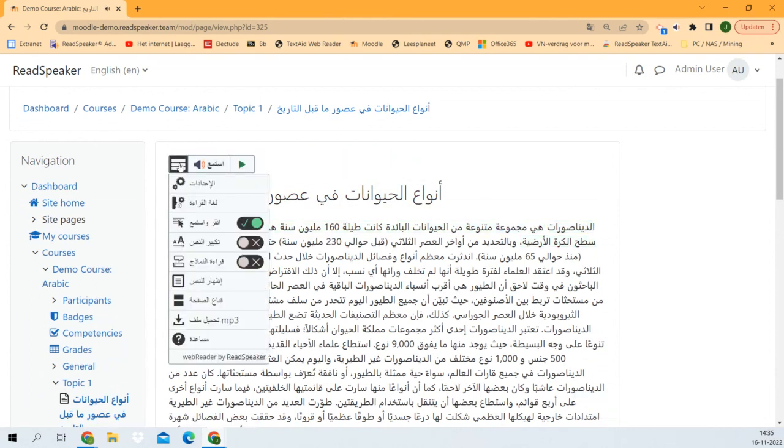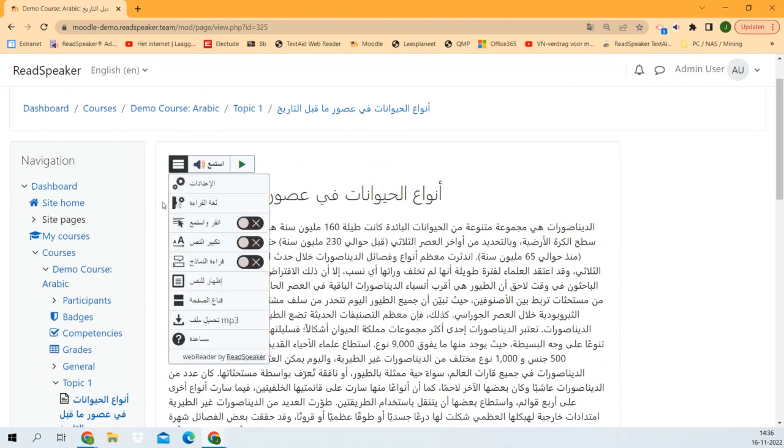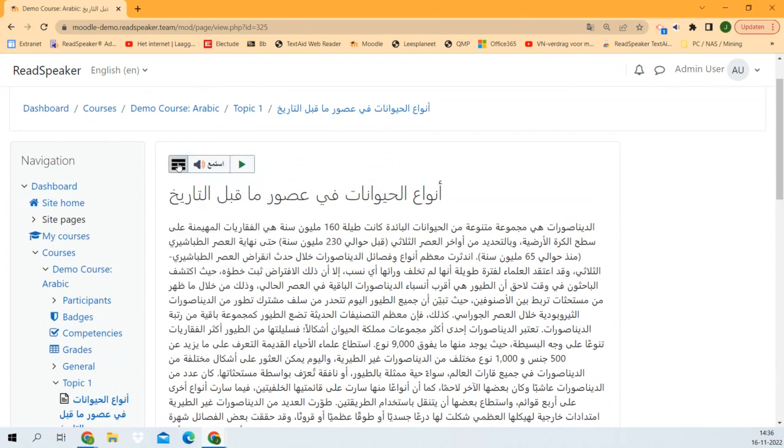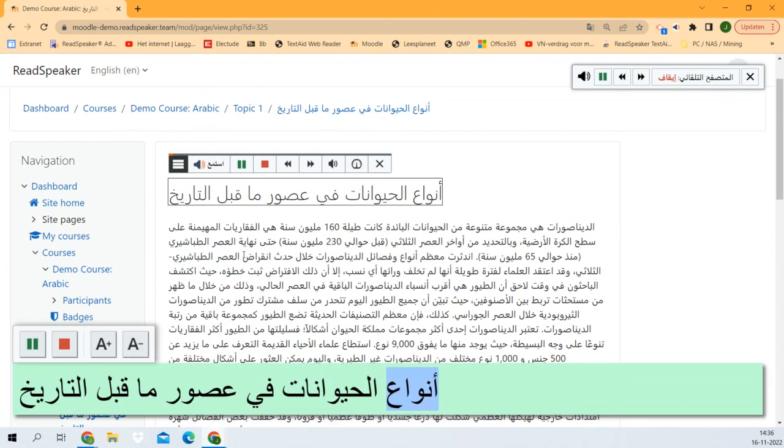So it allows a user a very intuitive click, to directly listen to a full text. Now, there might, of course, also be learners or students within your organization who might have a visual disability or a visual impairment for whom this text size is too small. Then we have the option for text enlargement. And if they activate this and then use the listen button,